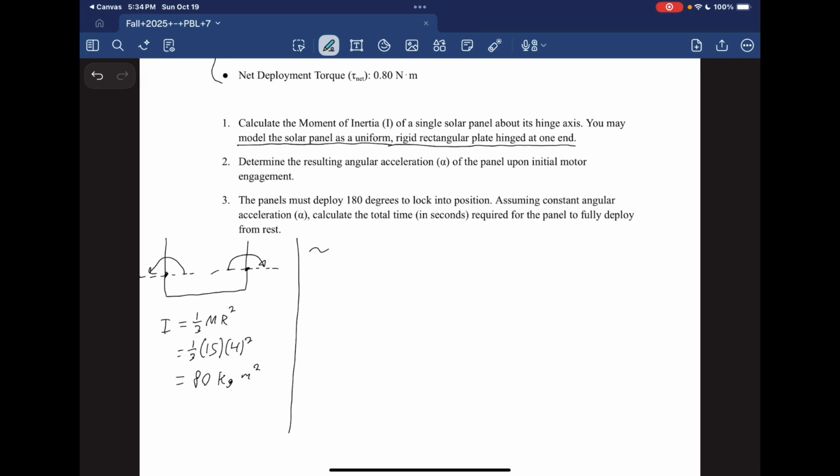The equation we want to use for this is we know that the net torque is equal to the moment of inertia times the net angular acceleration, or our alpha. So we can rearrange this to solve for our alpha, since we know our net torque and we know our moment of inertia I. Plugging in our values, we have alpha is equal to 80 divided by,